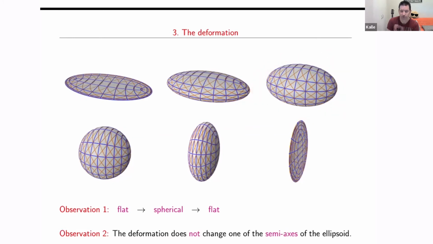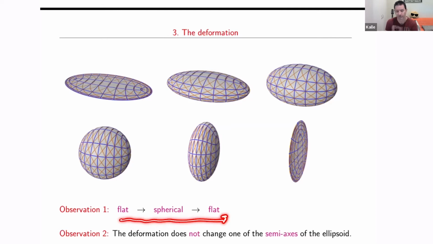Now, if you deform it in two directions, the last state you get in this deformation is a planar figure, and you have exactly the same yellow circles. So they don't change. They're just sort of rotated and translated. And then at some stage you get a sphere. And then if you continue, again, you get a planar state. All right. So you have this observation that the deformation goes from a flat configuration to a spherical configuration and back to a flat configuration.